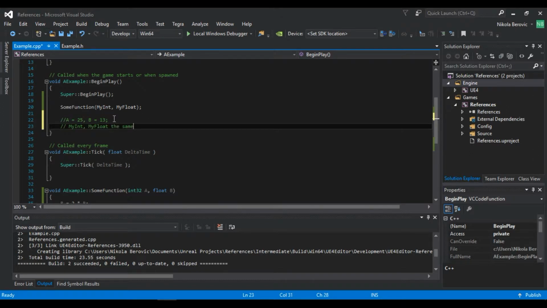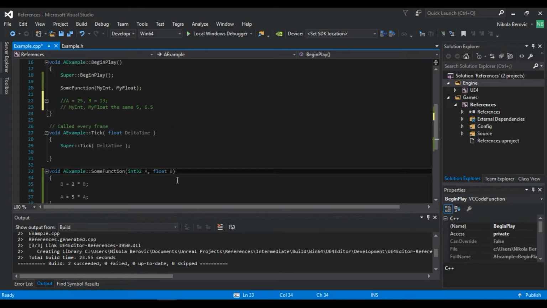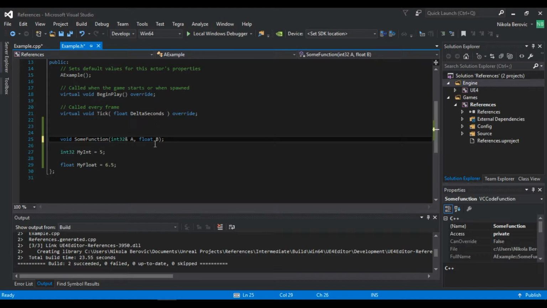So they will be the same, which is my int is 5 and my float is 6.5. So it will not affect my int and my float at all. But we want to affect it. That's why we use reference sign. If we use, for example, here reference and here reference, and we also define it here,